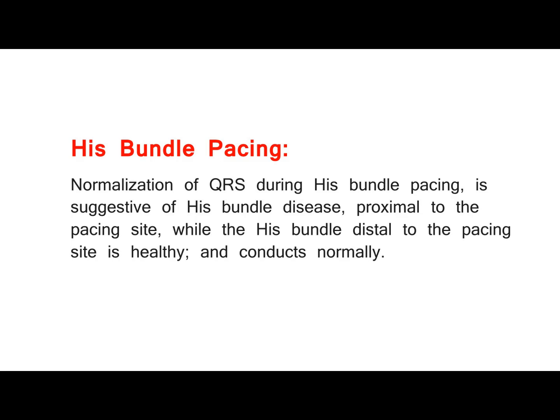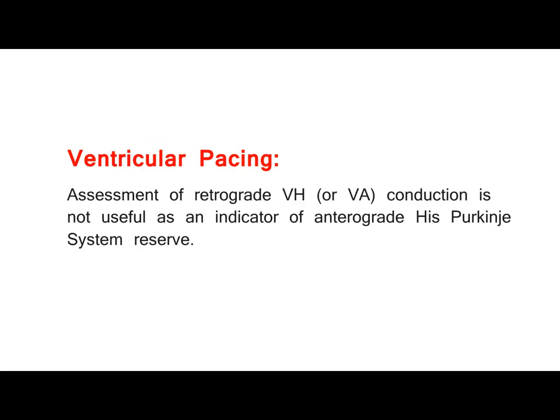His bundle pacing. Normalization of QRS during His bundle pacing is suggestive of His bundle disease, proximal to the pacing site, while the His bundle distal to the pacing site is healthy, and conducts normally. Ventricular pacing. Assessment of retrograde VH, or VA, conduction is not useful as an indicator of anterograde His Purkinje system